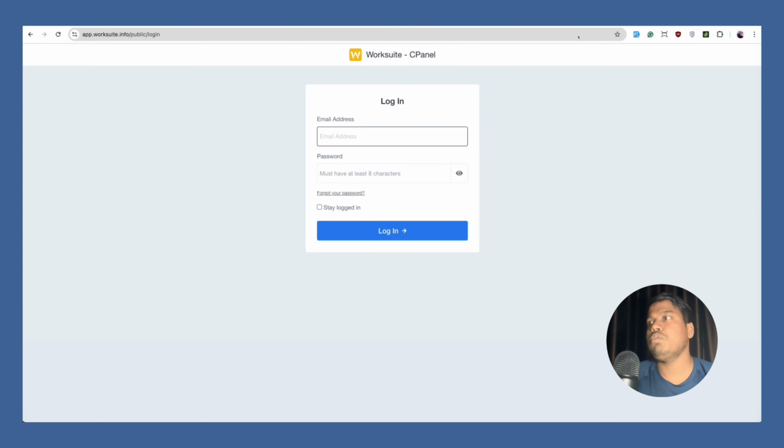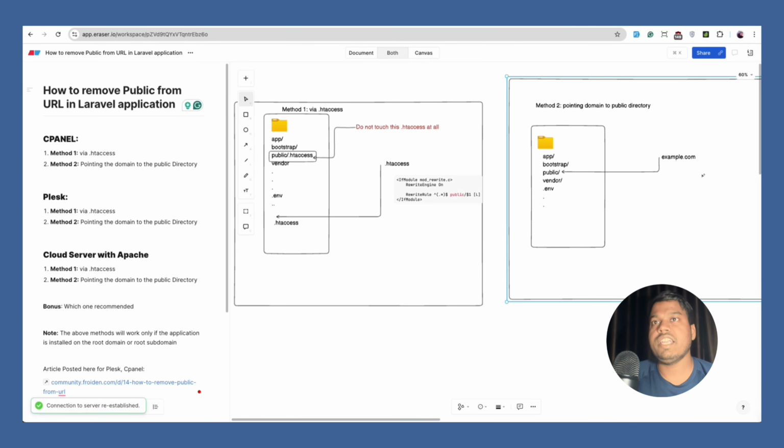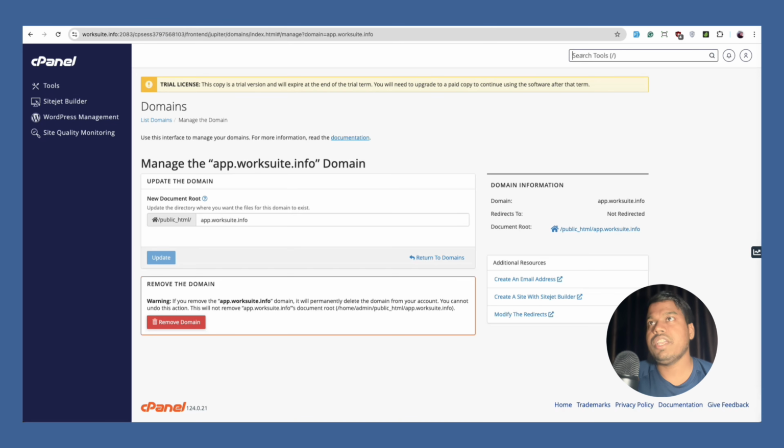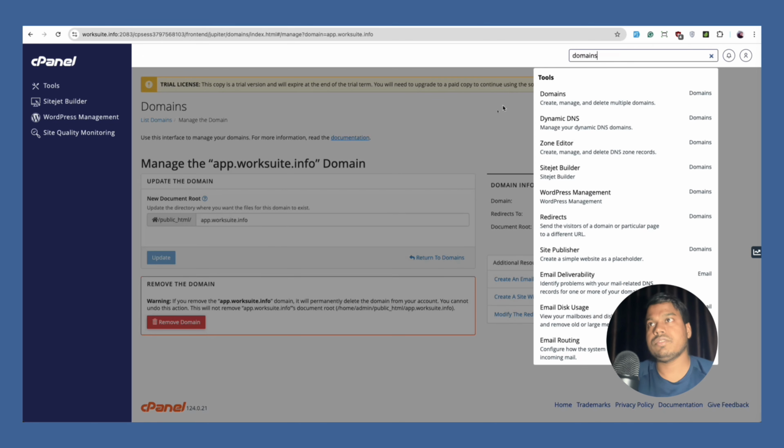Method 2 says that we just point the domain or subdomain directly to the public folder. So let's check how we can do this. We will again go to the domains,